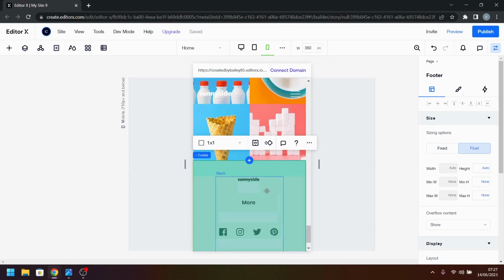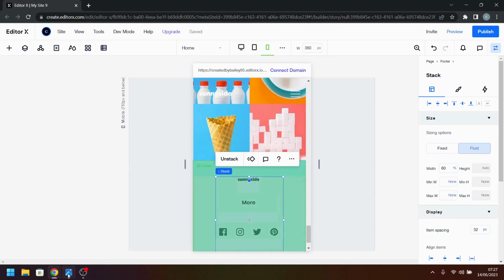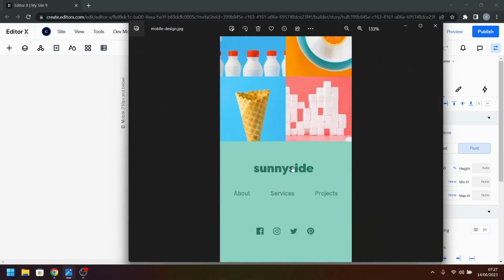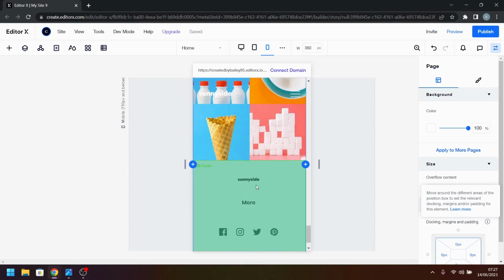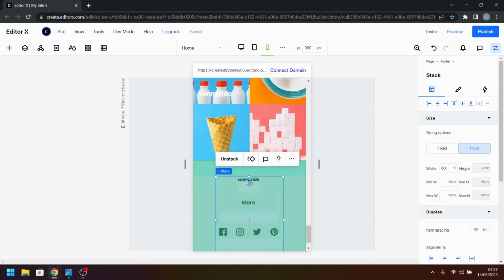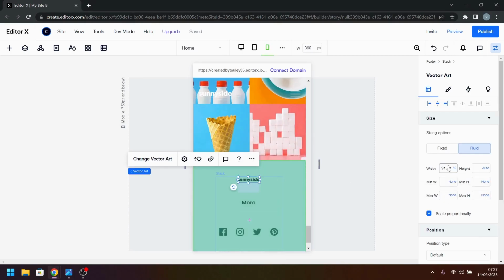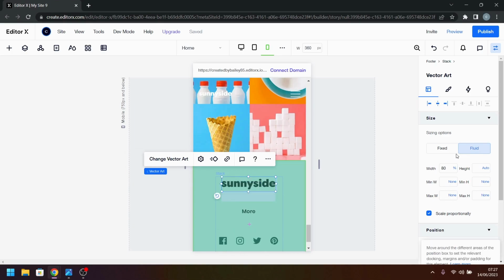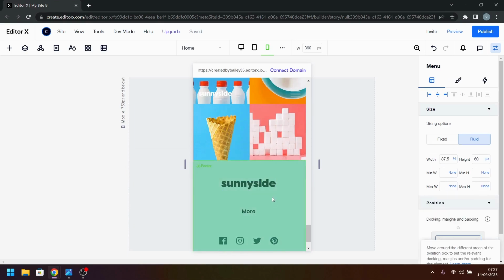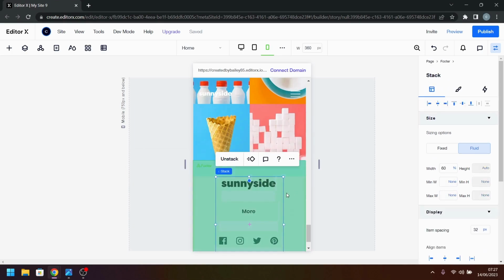Okay, now let's move on to the final stage, the footer. So as you can see, we've got the logo and it's not really changed much there. The first thing we're going to do though is adjust this logo and give it a width of, let's do 80% for the minute, because we're also going to change the width of this stack. What I'm actually going to do is make this stack 100% width,